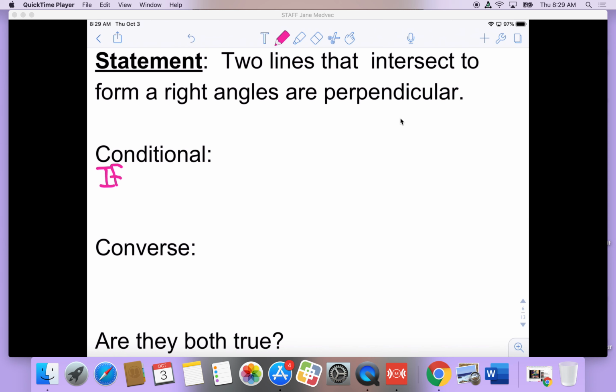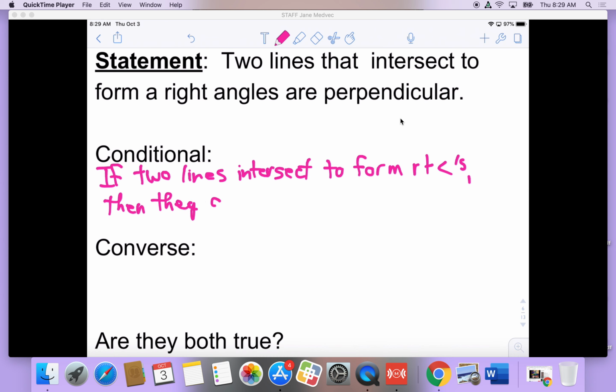If what? 2 lines intersect to form right angles, comma, yes, very good, then